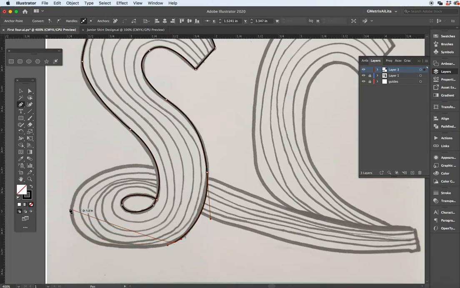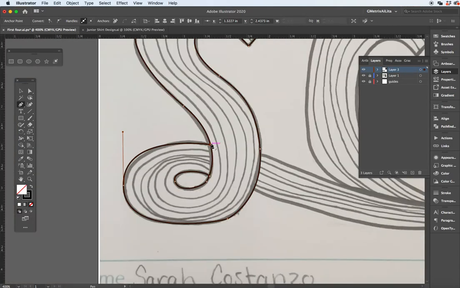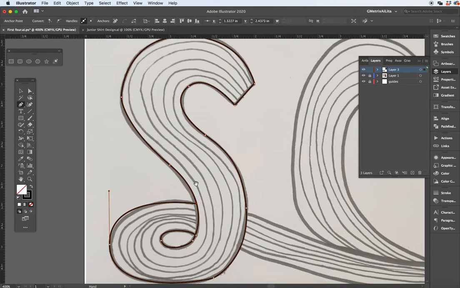And again, you're trying to see how far you can get without putting a lot of points onto this section. Again, just before it touches the edge, that's where I'm going to click the mouse and then just use the arrow key, and it drops it right on top of the path right there. Now the nice thing about this is it's all one path, and I can go ahead and